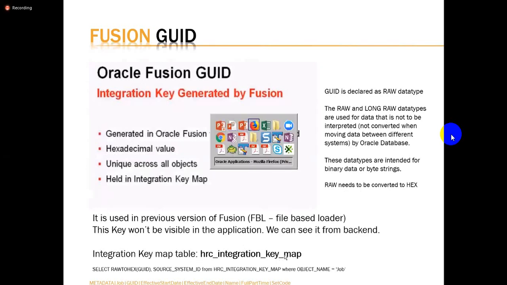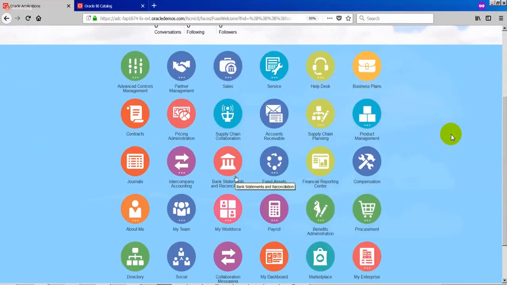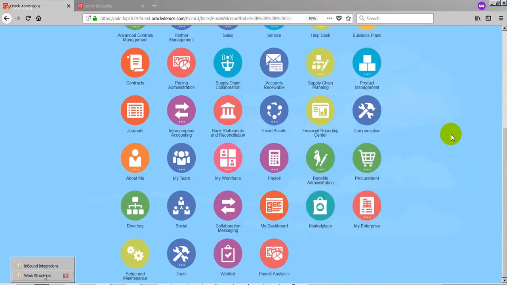So till now we have created many records in the Fusion application, right? We have created them manually, through the spreadsheet data loader, through the templates, and through the HCM data loader, right? So let us take any object that we have created in the Fusion applications. For example, yesterday we have created some